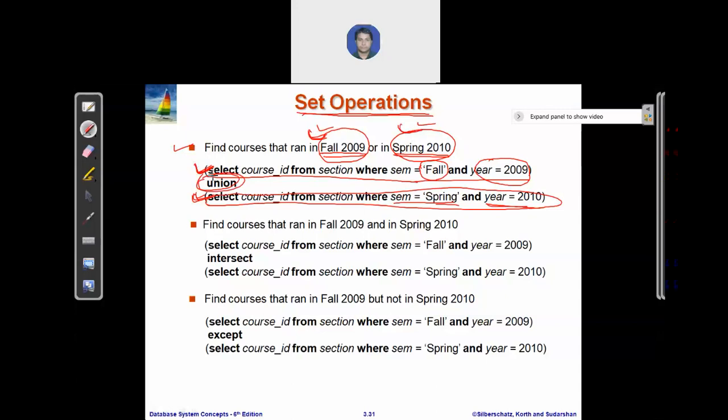If you know the property of union, it gives you all the items present in either set A or set B or in both. So you can combine both the queries using the union operation.